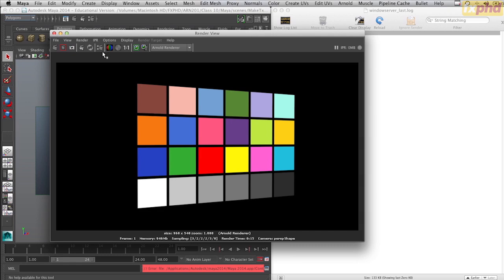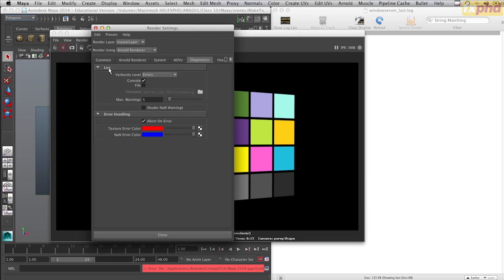Now, in order, first off, to get the console working, we need to output one of these log files. So we do that by opening up our render settings. We first of all say that the log needs to be set to debug. We want to output to a file, and I just want to output this to my desktop. And I'm just calling it Arnold log. Okay, so it's set to debug, save to file, save the file name here,